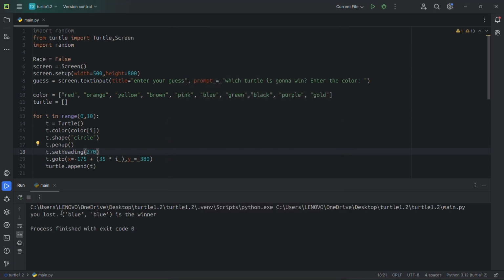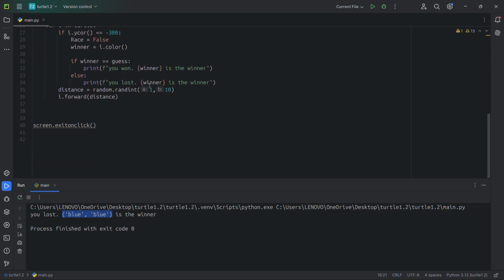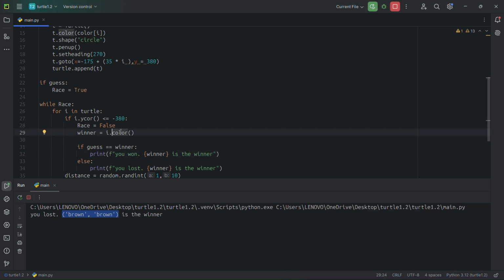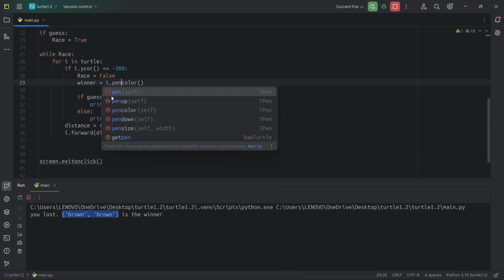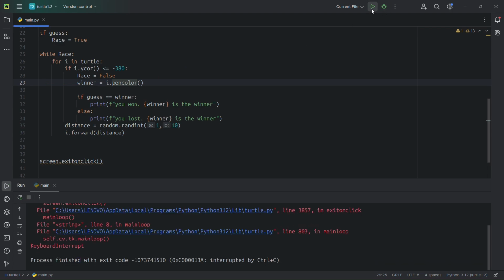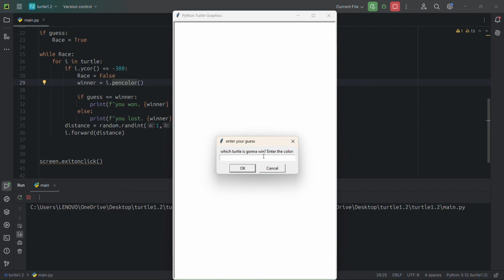There is something weird here. I didn't want it to print something like this. After testing our code, the output does not show the color itself. It shows something like a tuple. The problem is because of this function. I chose the wrong function actually. I had to choose pencolor, not color of the turtle. I mean the pen color of the turtle. Now if we test the code again, let me say loop